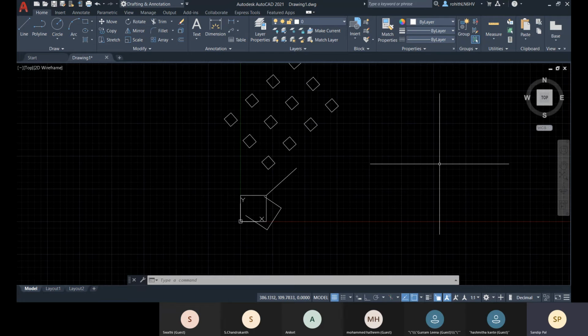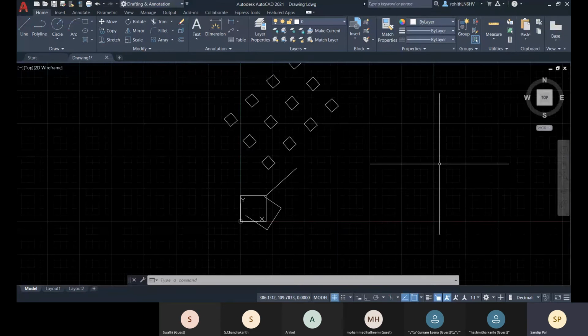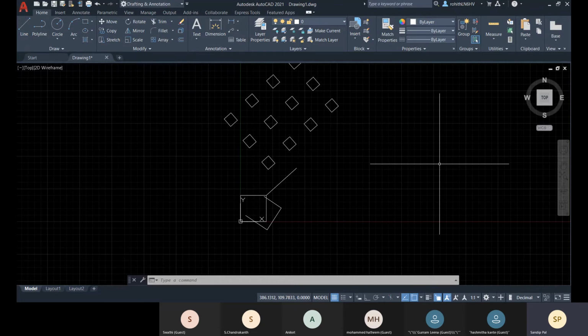Okay, so whenever you go for Cartesian, that will be towards the X, Y, and Z direction. And whenever you go for polar coordinates, that means you go for 360 direction. Okay, so that is two coordinates, Cartesian and polar. And within Cartesian, you have absolute and relative. So this division is based on the source.